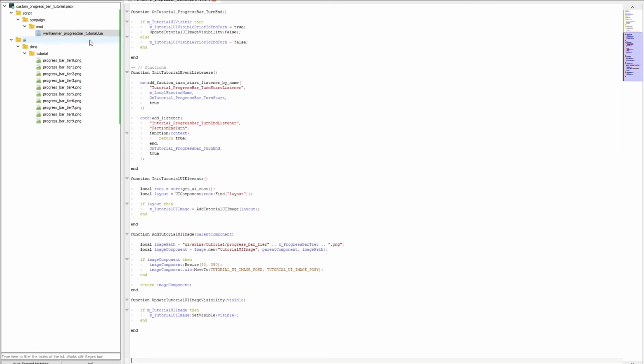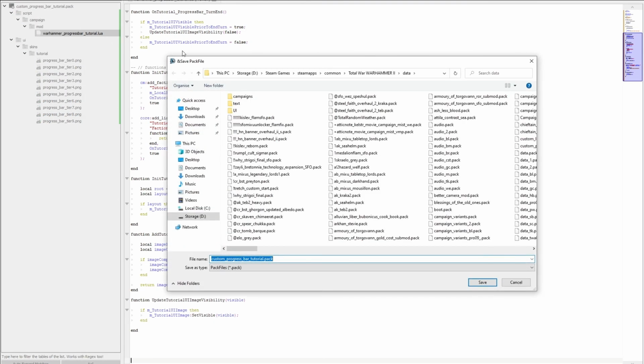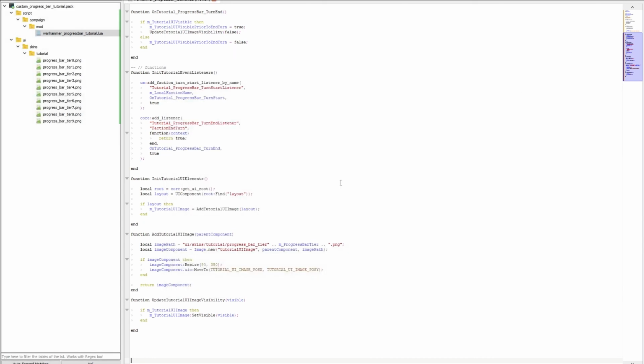We're ready to go. So what we need to do now is make sure that our pack file is saved to our Steam Games, Steam Apps, Common, Total War, Warhammer 2 data directory. So this is where the game will look for mods. So just save that, and I've already got one there, so I'll just override it. Now we can close that,